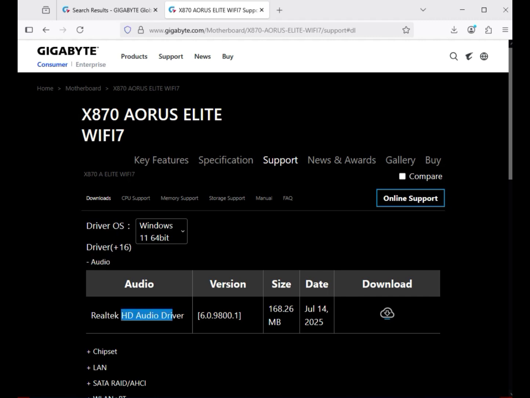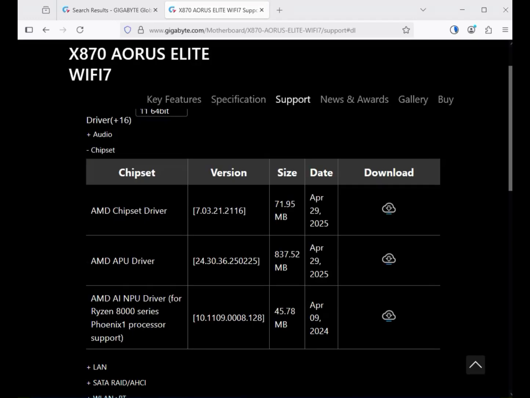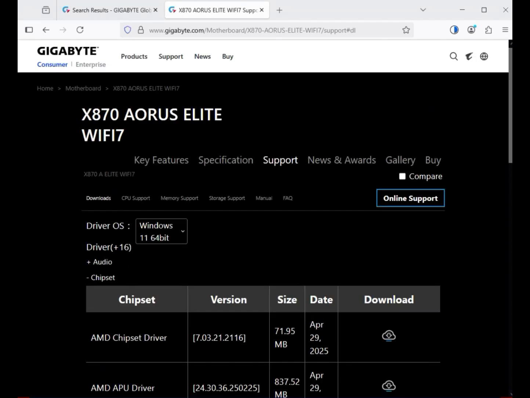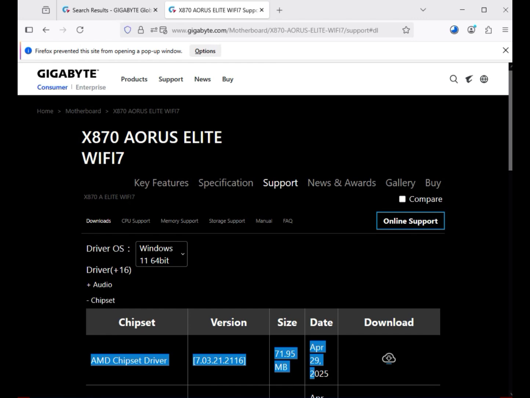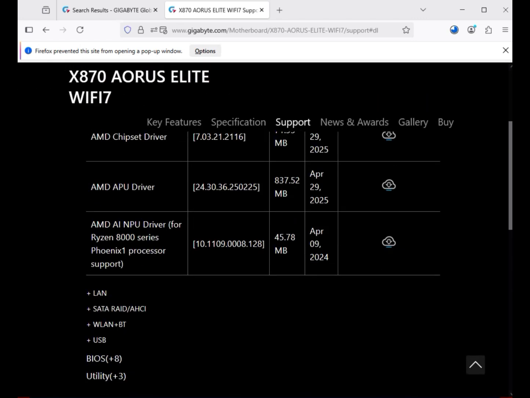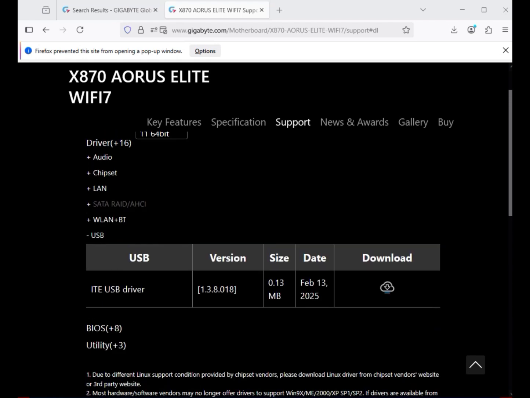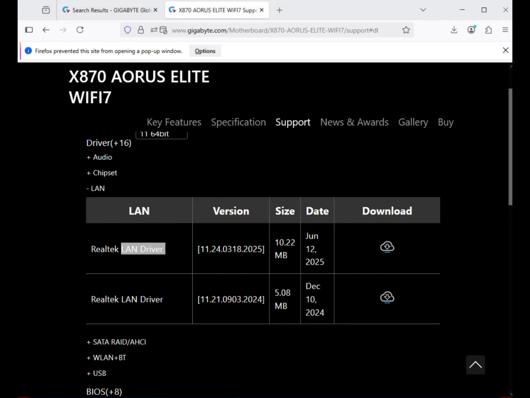Okay, then chipset. So you can see the AMD chipset driver, and click to download. After that it starts downloading. Then the LAN driver. So same, click to download. This is the download icon,